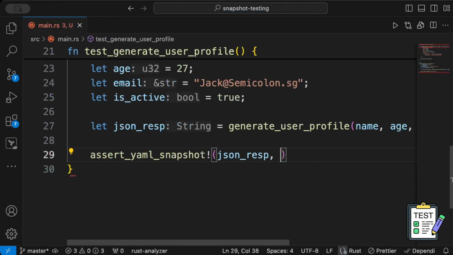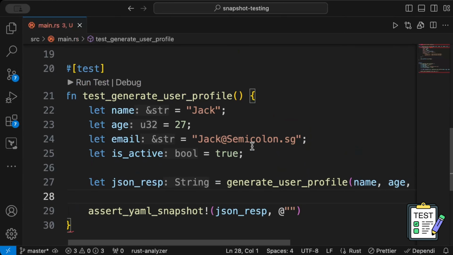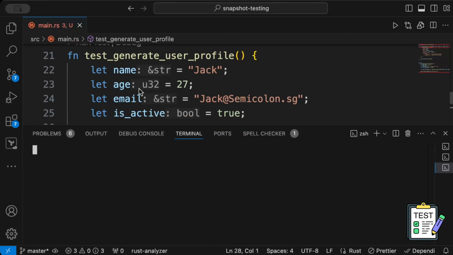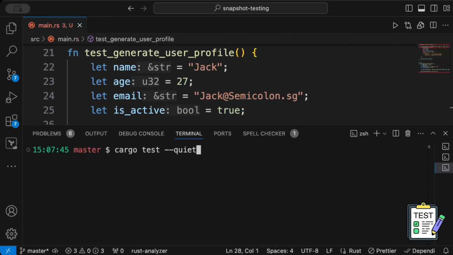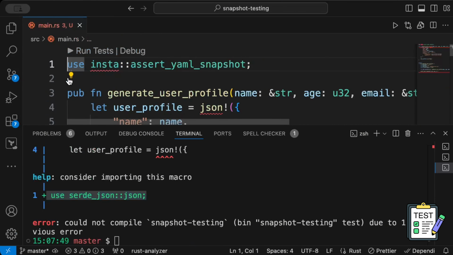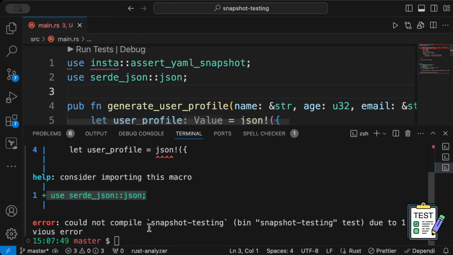And here we can just simply do this and run our test. That would also help, but instead let's say we want the diff to show up, so what we can do is just add an empty one. Now we just open our terminal, and here if we simply do cargo test, as you can see the test fails, but we need a macro first imported. So let's import it,